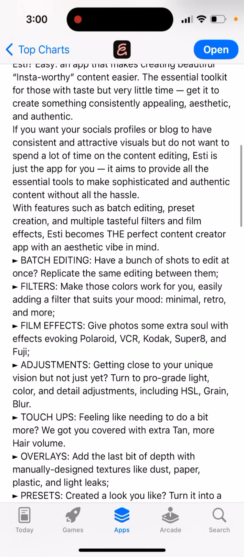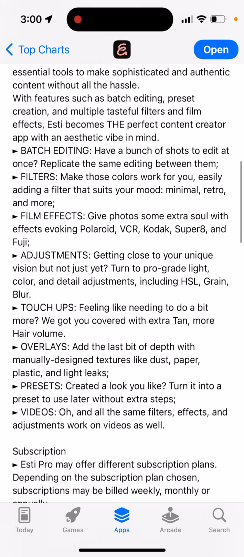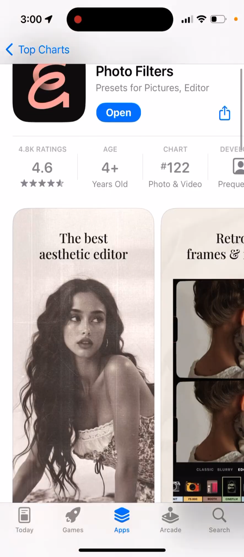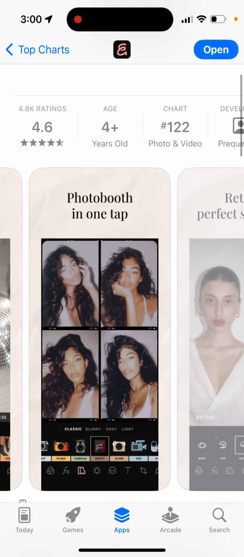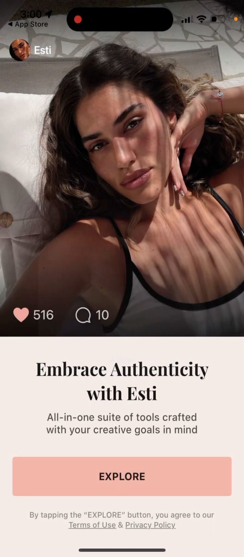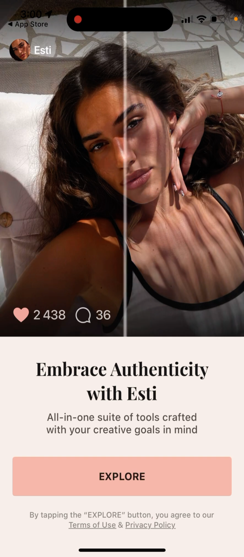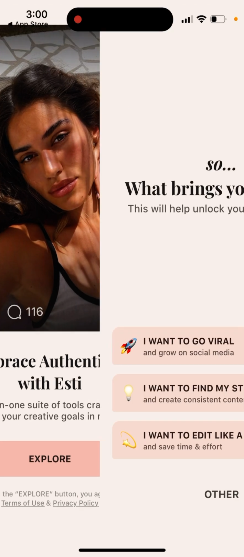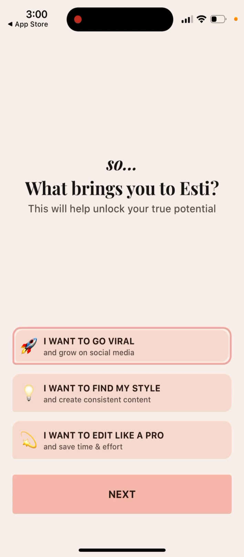Batch editing, filters, film effects, adjustments, touch-ups, overlays, videos. There's an Esti Pro subscription. So, just the app for another set of Instagram filters. But this app has quite a few interesting filters where you can just add it like that. As you can see, if you're adding this additional nice filter, so you just create